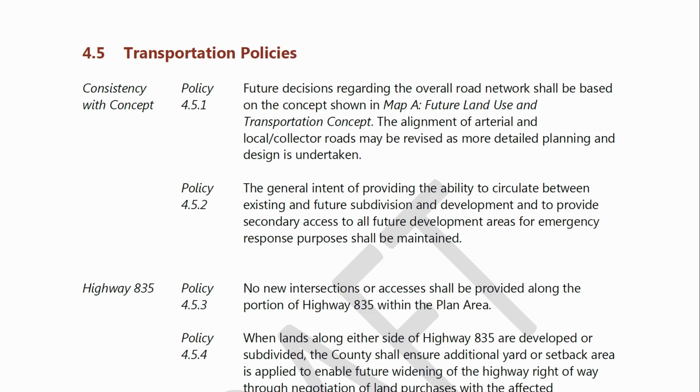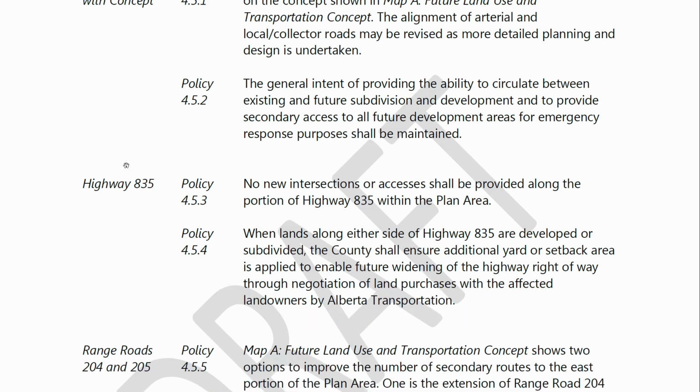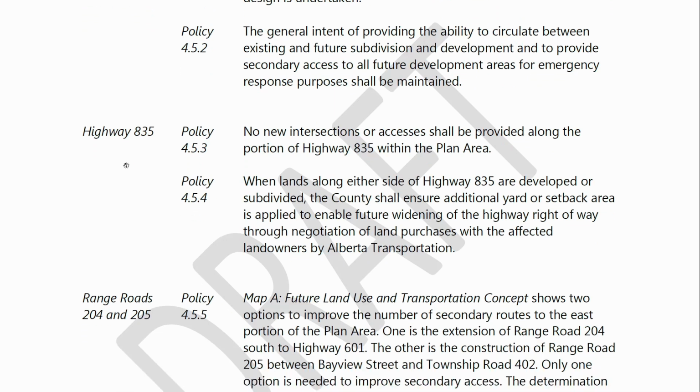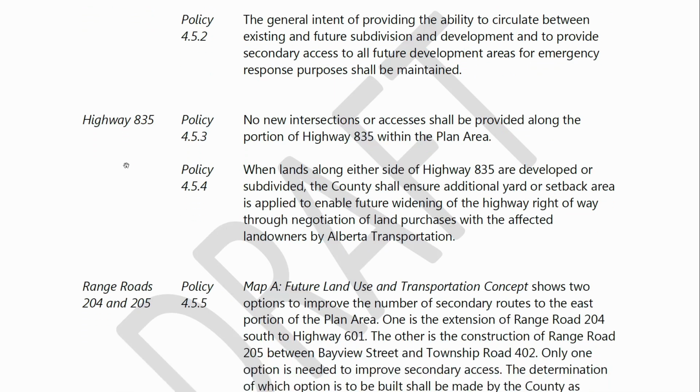So for example, it would not be acceptable to take away the secondary access route to a neighbor as one property owner is doing their design. That would be too far of a deviation from the expectations and concepts. So starting with Highway 835, we indicate that there's no desire for additional access points or intersections along that section,